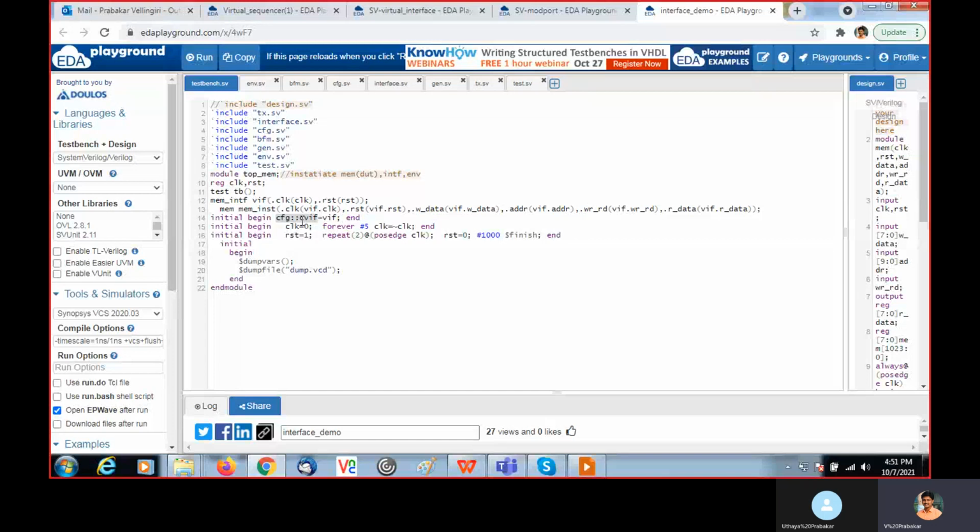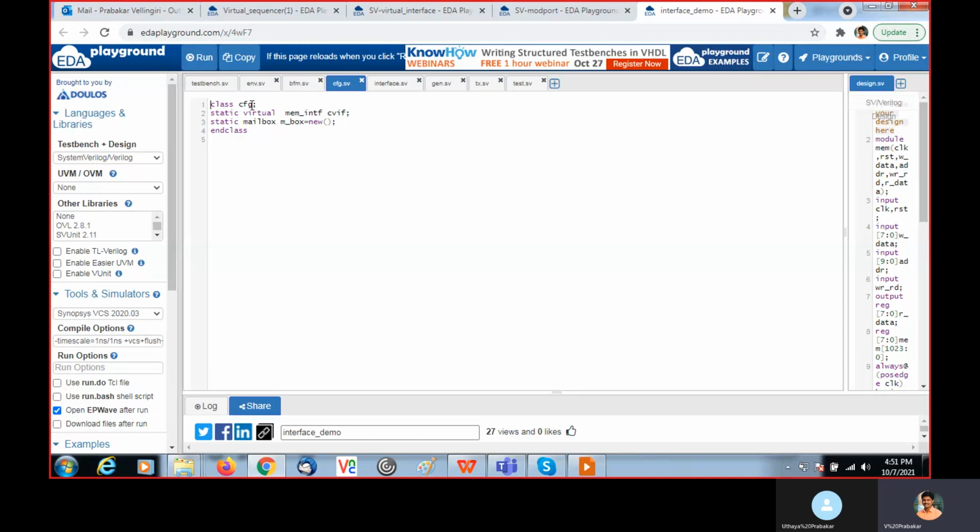The CFG is nothing but another class. Within that I instantiate the interface. It is a class, so I instantiated it as virtual memintf as CVIF, with the keyword static.